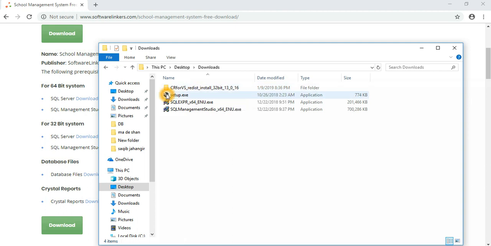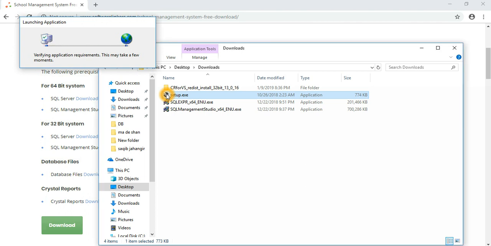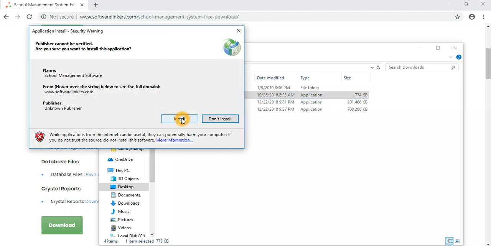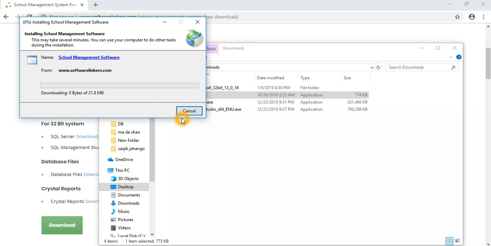First of all we will install school management software. It depends on the speed of your internet how much time it will take to install.